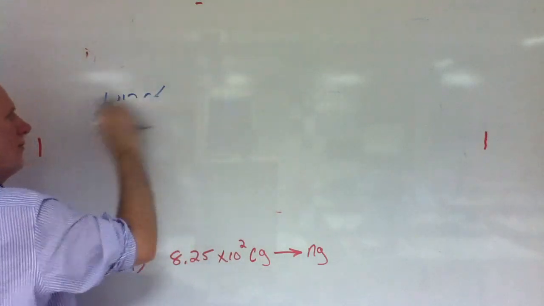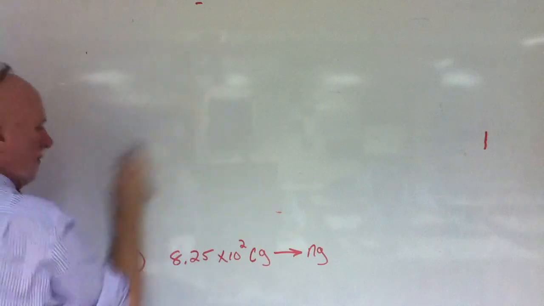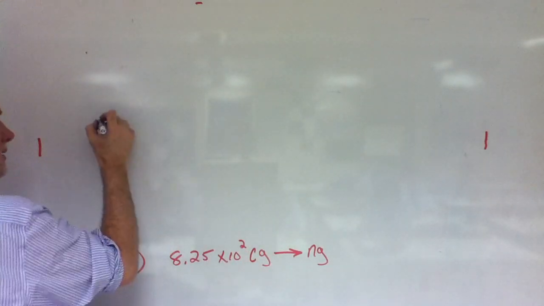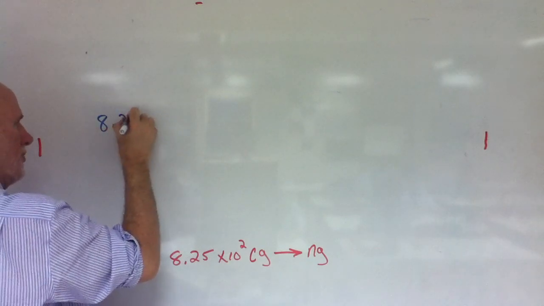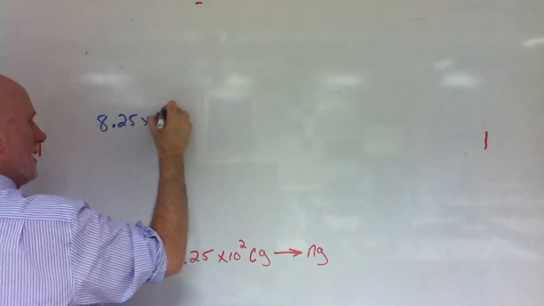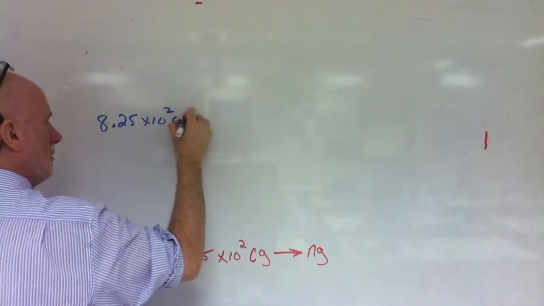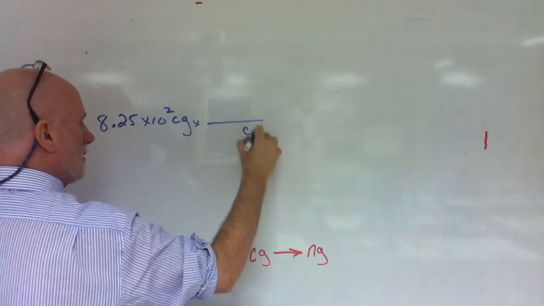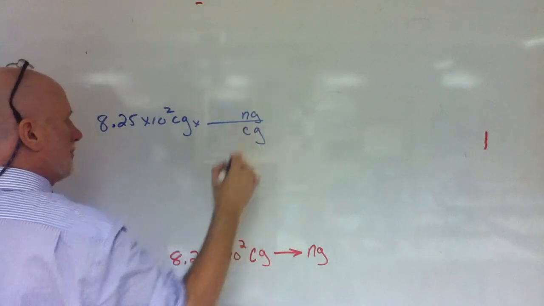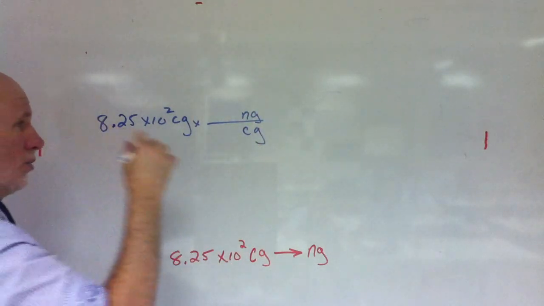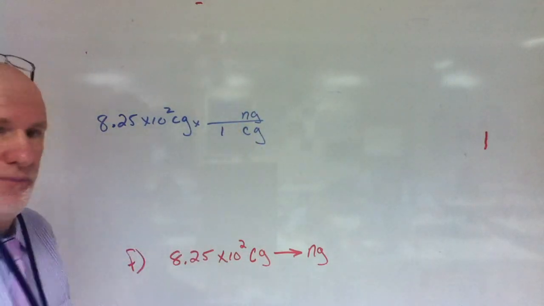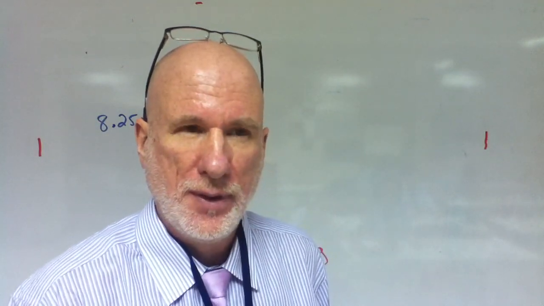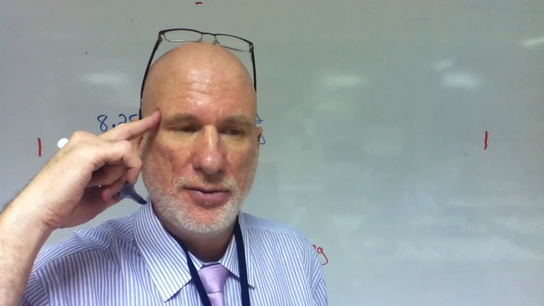Okay. And the last one, erase this. The last one is 8.25 times 10 to the 2 centigrams to nanograms. 1 centigram. How many nanograms in a centigram? There's 10 to the second